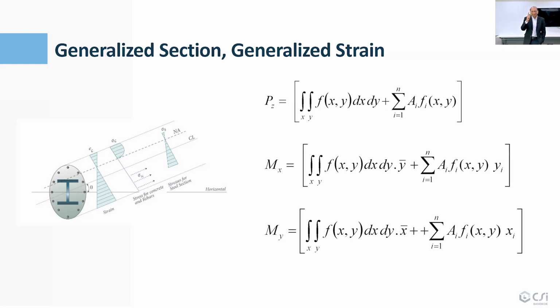And because they are dependent, they have to be treated as an interaction and they have to be treated together. So now there is no single axial load capacity, no single moment capacity, no single MX capacity. They are all together as a set. And this creates another level of difficulty in defining what really is the strength capacity, because now you cannot define